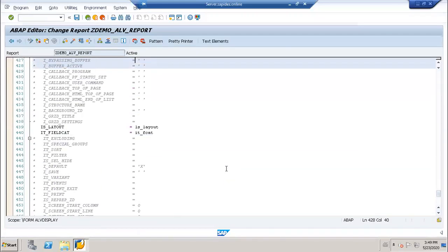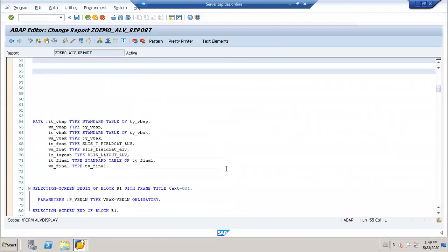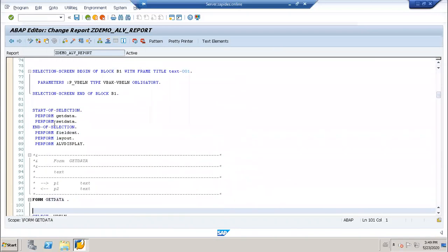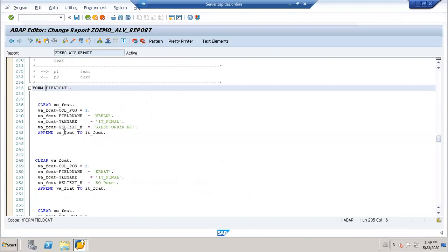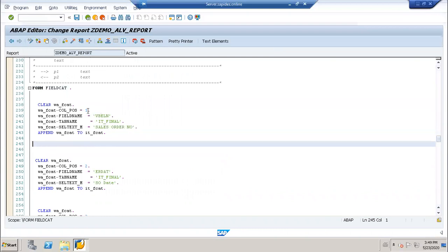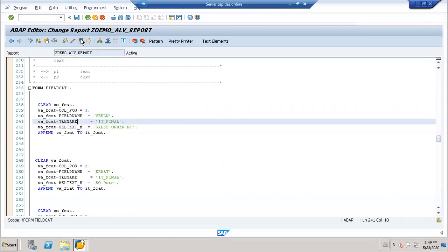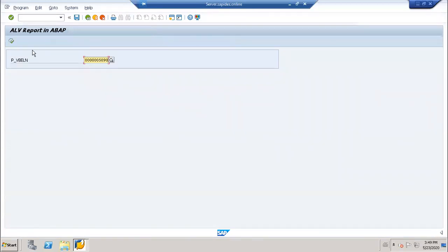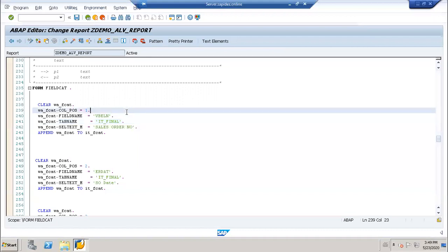So how did I get this? What are the three things I followed during the display? So already you know the earlier steps, right? How to get the data, how to set data. But here, to display the ALV, you first have to prepare a field catalog like this. Okay, got it. What are the fields you have to pass? Column position, what is that field, what is the table name, and this is the description. Okay, so if I display this one, on the top I am getting a description, right? On this top, the column descriptions: currency, sales item. Okay, got it. Yes. So I will pass all this. First I will prepare this field catalog.